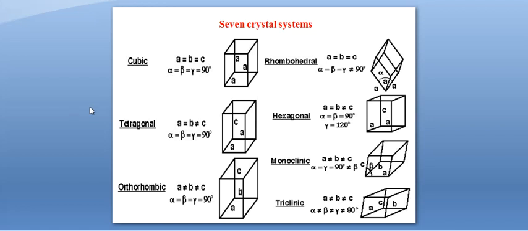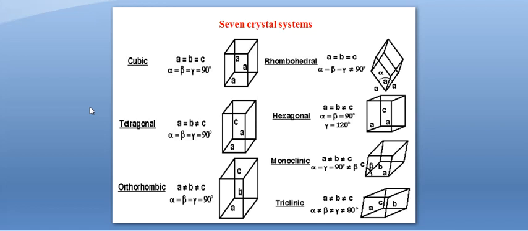Now we are going to see what are the 7 crystal systems. There are 7 crystal systems available. First one cubic, second one tetragonal, third one orthorhombic, fourth one rhombohedral, fifth one hexagonal, sixth one monoclinic, seventh one triclinic. We classify these 7 crystal systems based on the values of lattice parameters a, b, c